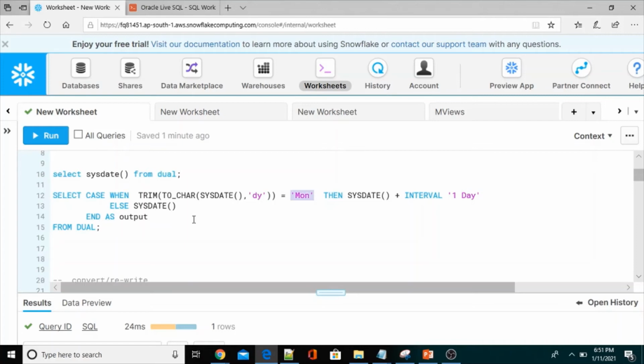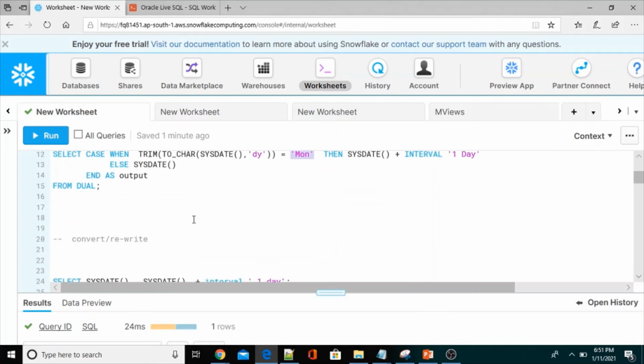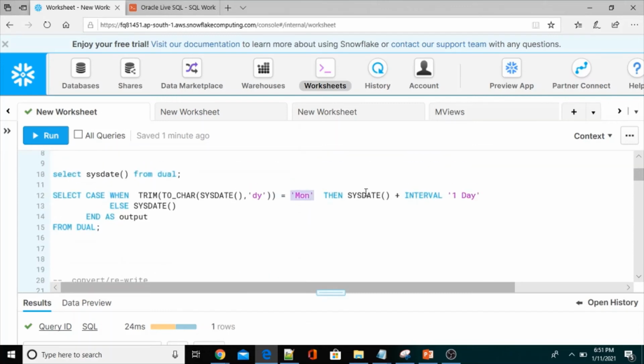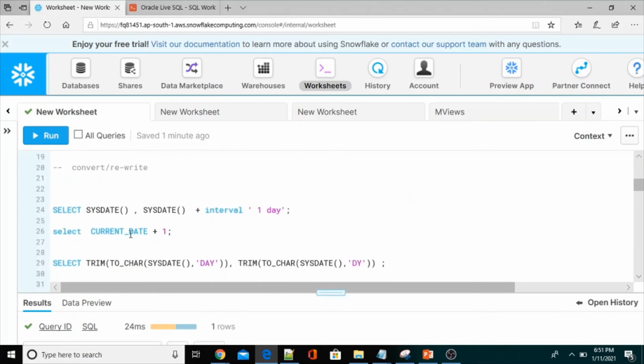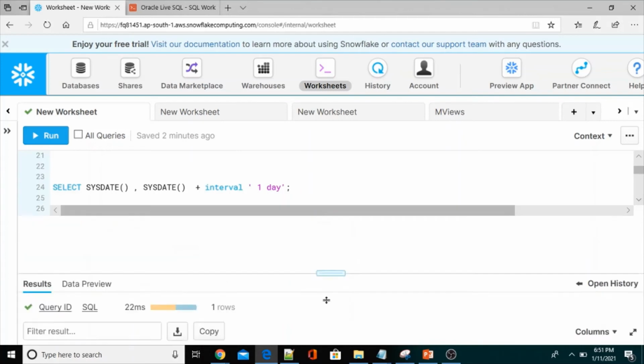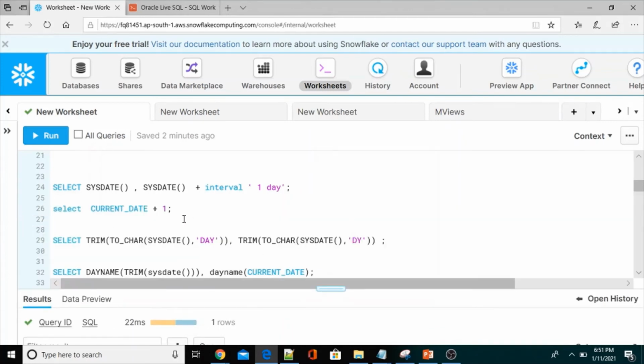So these are the changes we need to make while rewriting the query from Oracle to Snowflake. And we also have other options. Instead of using sysdate, we can use the current_date function also. With the current_date function, we don't need to use the interval constant while adding the day. That's why we can use current_date instead of sysdate.